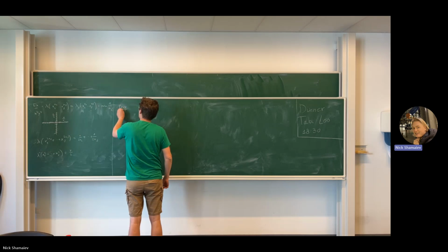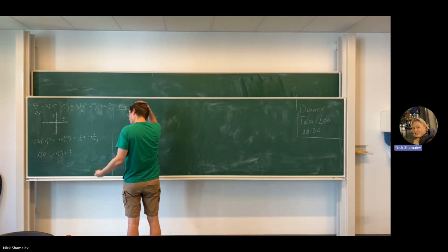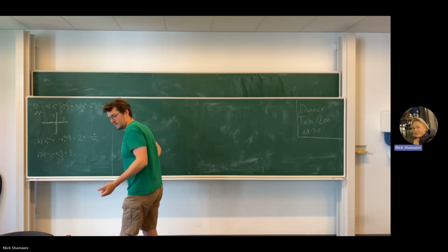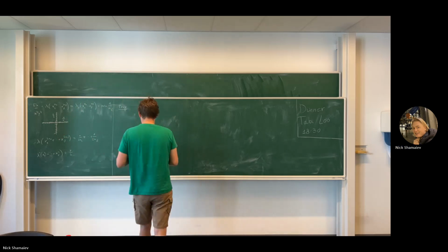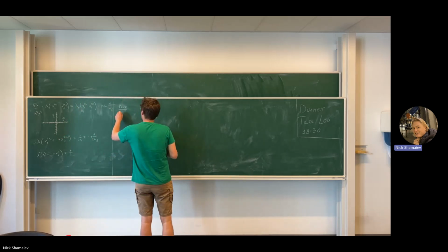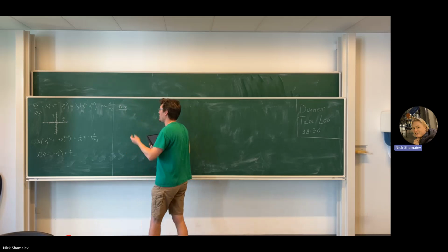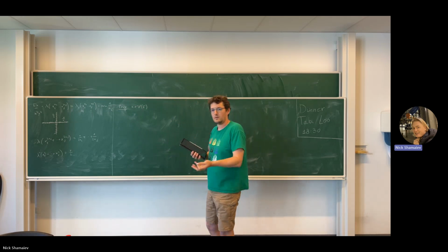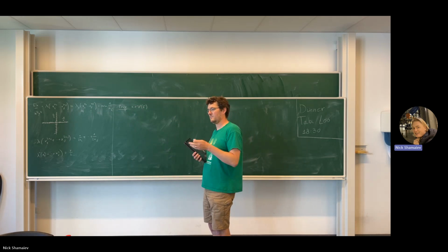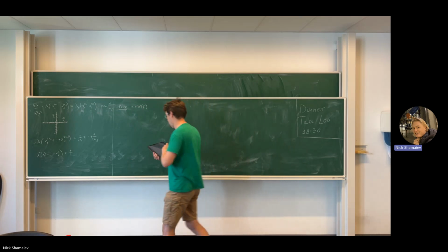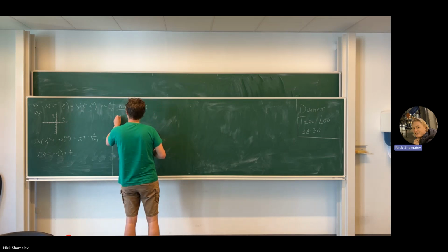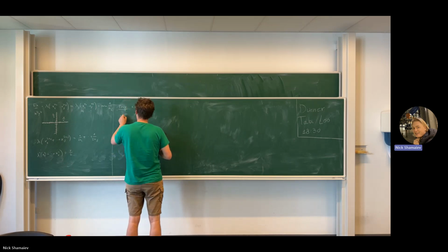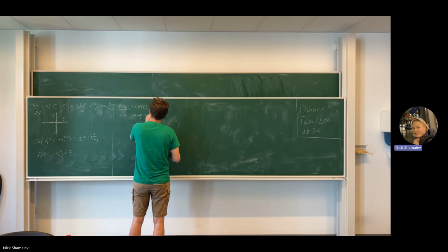I will try to focus on the features that are special to the real case. That's maybe the more interesting thing. If you have a real analytic function and a point where it is 0, there are two possibilities. Either the function changes sign around x, or it has constant sign, and those are quite dramatically different in real geometry. So if f changes sign at x,